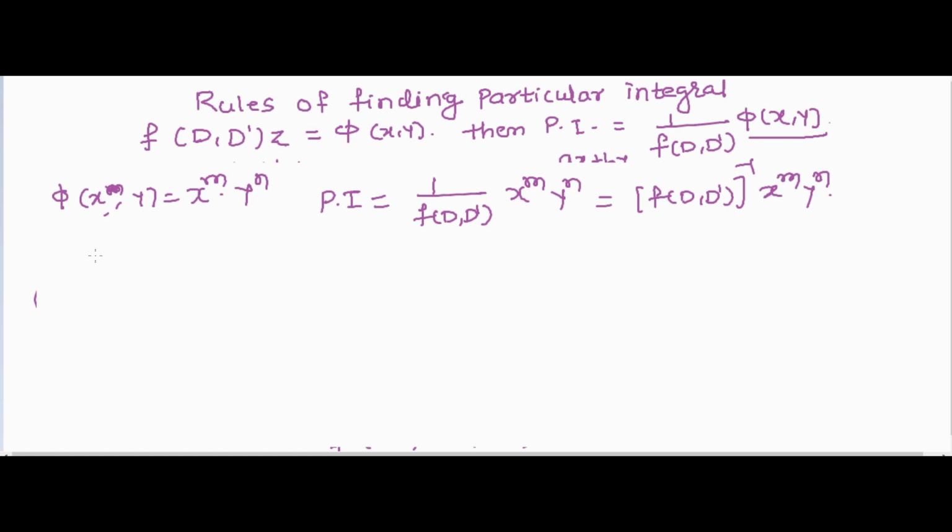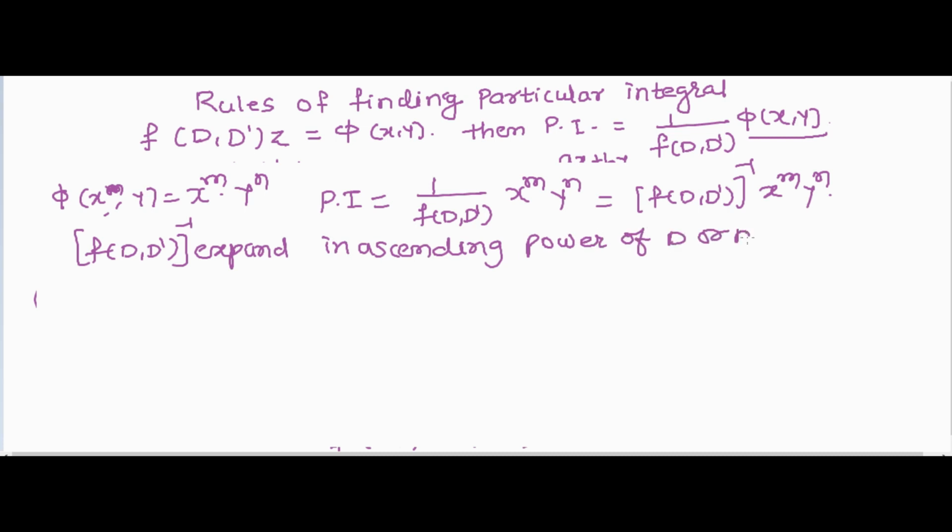In this case, expand this f of D comma D dash whole raised to minus 1 by binomial theorem in ascending powers of D or D dash, and operate on x raised to m y raised to n term by term. We first expand f of D comma D dash whole raised to minus 1 by binomial theorem in ascending powers of D or D dash, and then operate on the term x raised to m into y raised to n. This is the third case, and the fourth one is